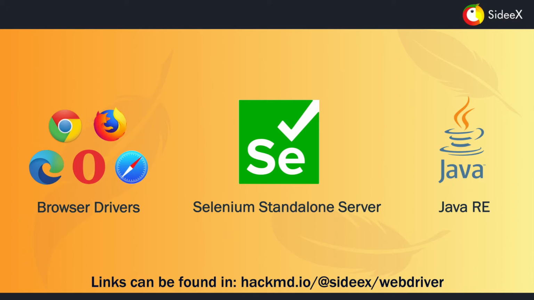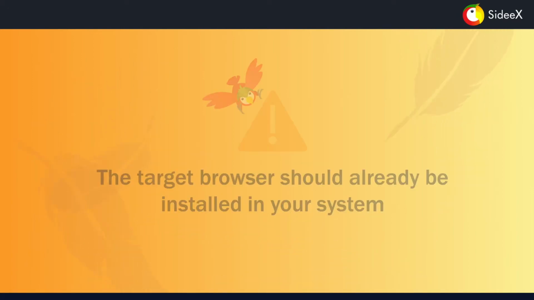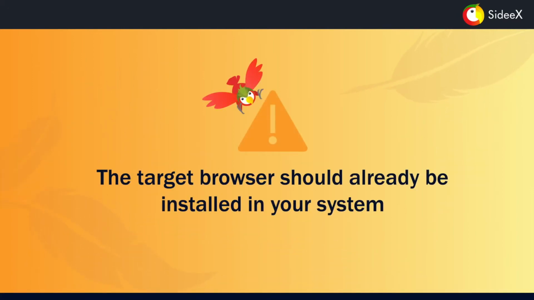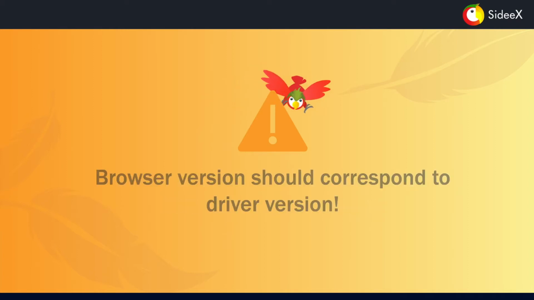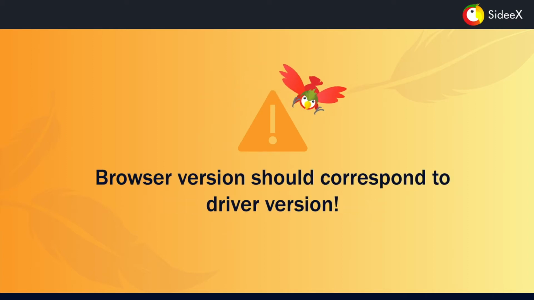There is a HackMD document in the description which contains all the links to everything you need to download for this video. All the browsers listed above except for Safari's driver can be downloaded. I'll tell you how to configure the Safari driver later in this video. Note that if you want to run a specific driver on your computer, you must have that specific browser installed on your computer. Also, it is very important to check your current browser version and download the corresponding driver for it. The links to the drivers are all in the HackMD document listed in the description.